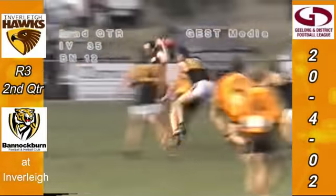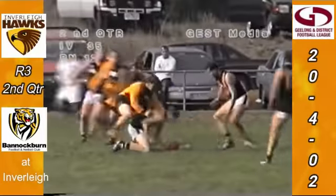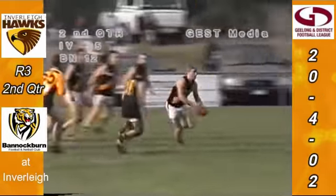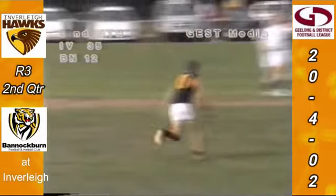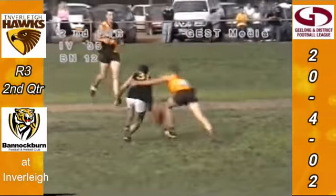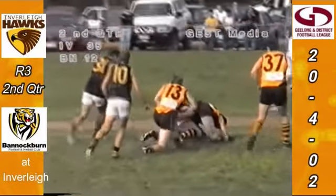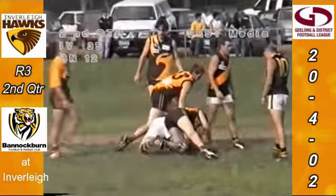The Tigers working hard, handball, missed its target in the first instance, goes through the middle, and Bannockburn still working hard. Henderson's there, he loses it, through the middle. Robbie Giles does well, breaks a couple of tackles at half back, goes with a kick towards the middle of the ground. Burgess goes up one hand, can't take the mark. Over the back, McCallum, dragged it in, be careful. Still in there fighting hard for it as well is Meek, and the umpire will come in and ball it up. It's in the middle of the